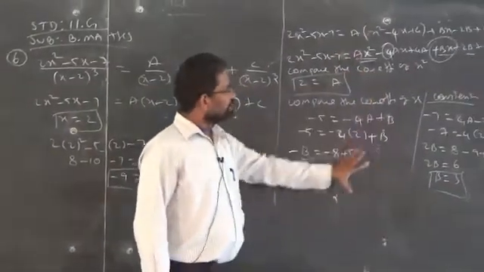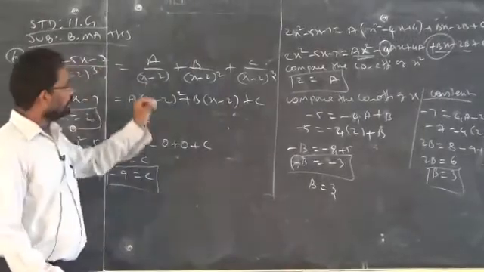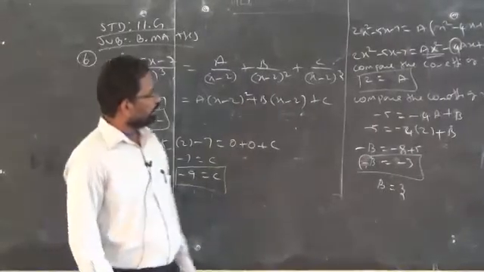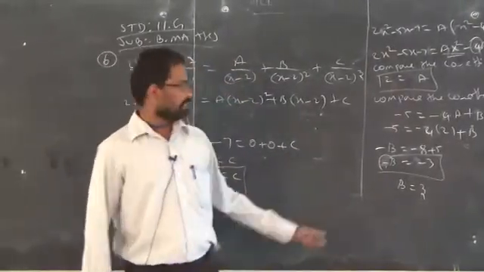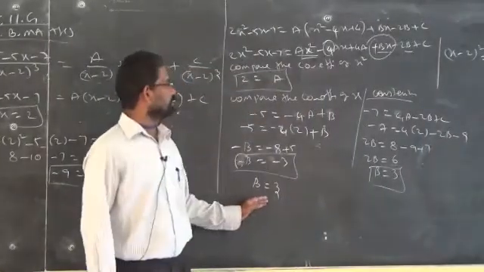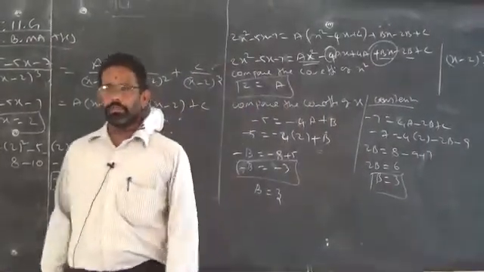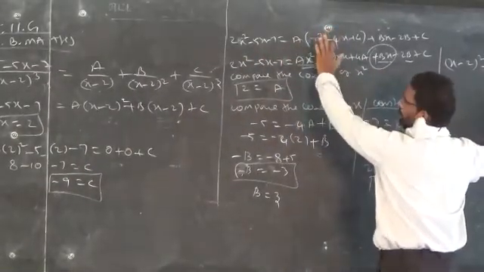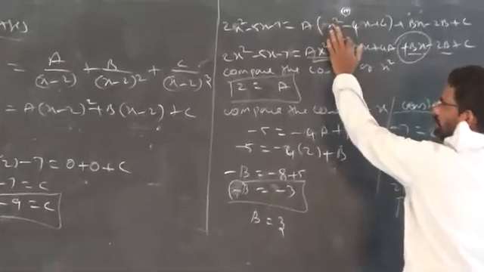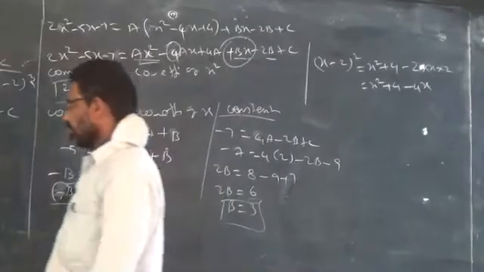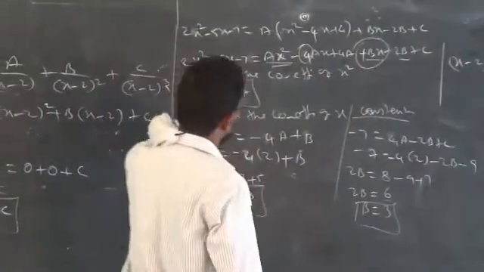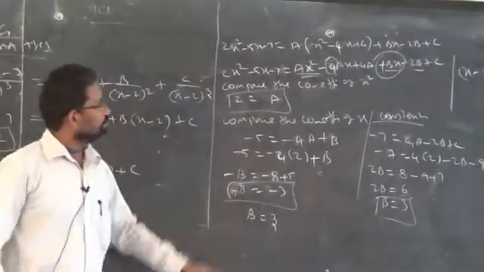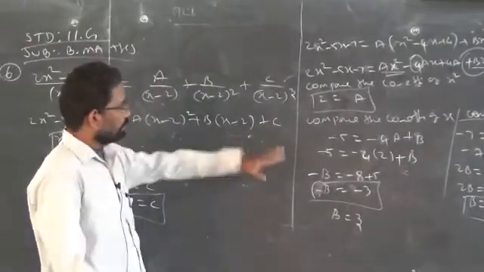Clear? So this is very important and also it is very simple to find the values of a, b and c by comparing the coefficient of x square, x and constant. See, we get the same answer when you compare the coefficient of x as well as the constant. So be careful, because some of the boys made mistakes like this. That is why I did the wrong steps, then I rectified it. Most of the boys are making a mistake by expanding x minus 2 the whole square, like a square minus 2ab plus b square method, like what I did in the previous one. So be careful to expand that formula and proceed.